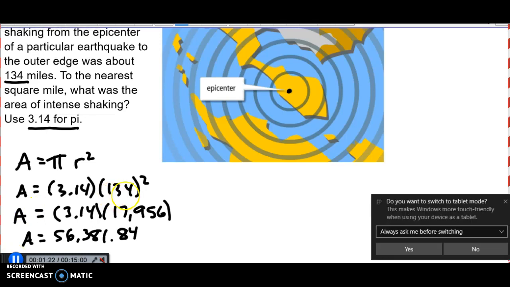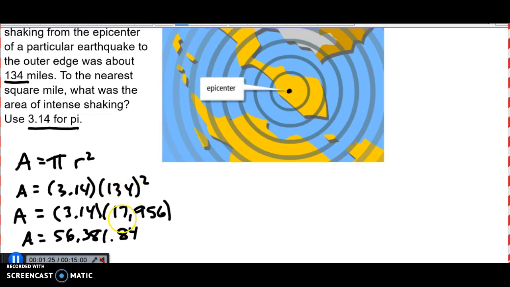So as I square 134, I get 17,956, and I multiply it by pi, and I get an area for this earthquake of 56,381.84 miles. So I need to know to the nearest square mile, so that would be about 56,382